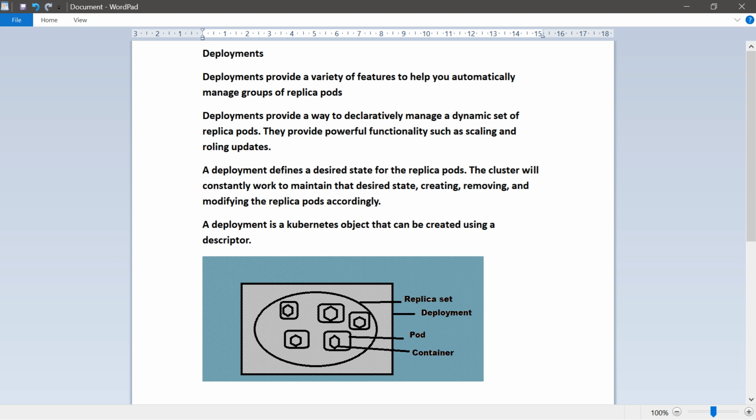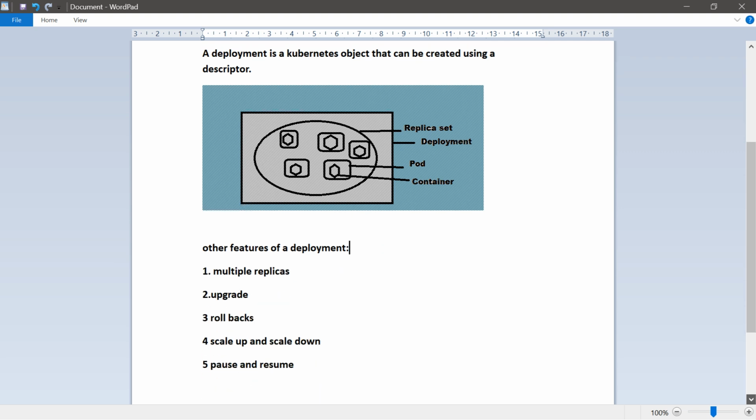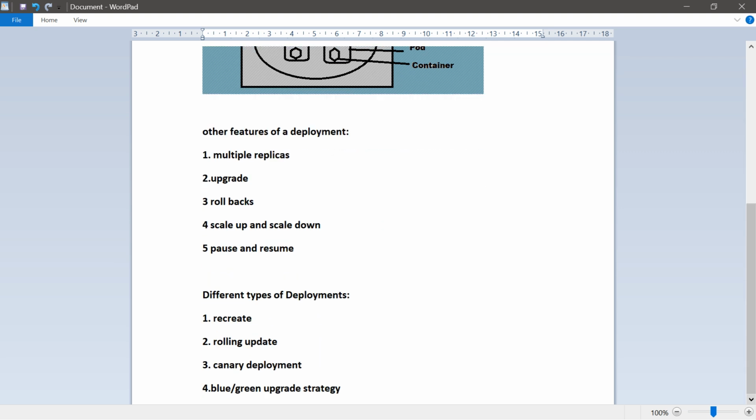The deployment's other features are, first, multiple replicas. With the help of a deployment, we can create multiple replicas of pods for high availability and load balancing. When we create a deployment, by default Kubernetes will automatically create a replica set in the background.